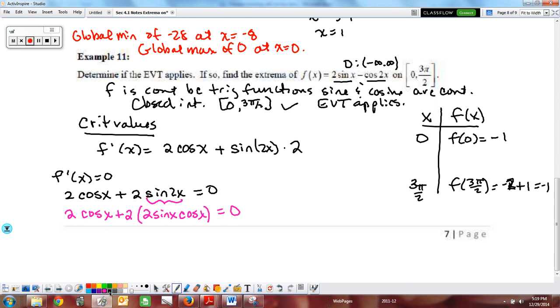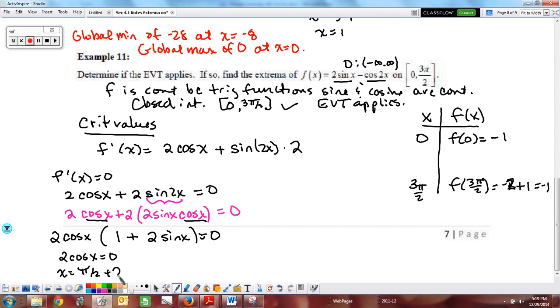Why did that help me? Because now I have a common factor that I can pull out. I'm going to pull out a 2 cosine x. I'm left with 1 plus 2 sine x equal to 0. And so I can do 2 cosine of x equals 0, and that happens at x equal to pi over 2 plus pi k, every